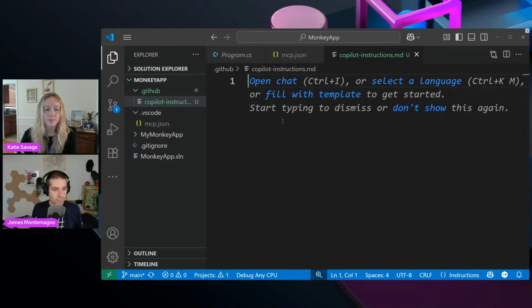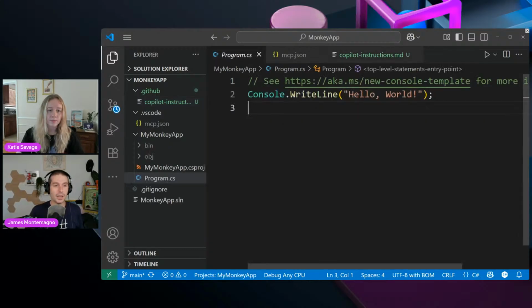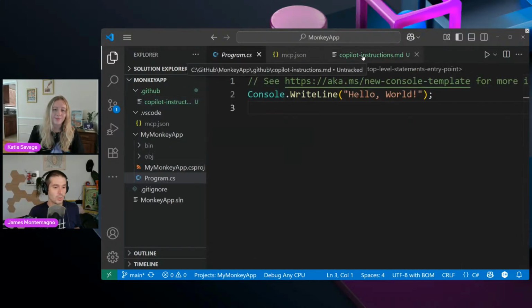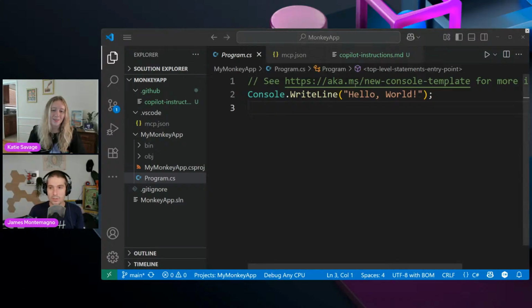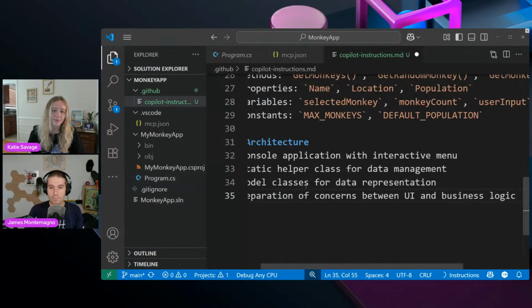Now, the reason we have this is because every time I interact with GitHub Copilot in VS or VS Code, I want to give it some information about my project, maybe where the project lives, give it some context, how I like to code in general, right? So it's pretty smart. It'll figure it out. But in this case, I have literally a line of code. It's going to just do whatever it wants. So I have my little set of best practices here.